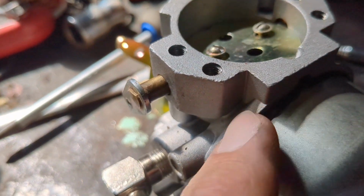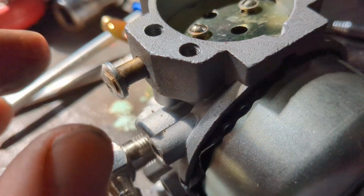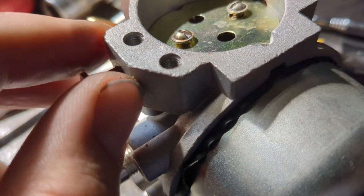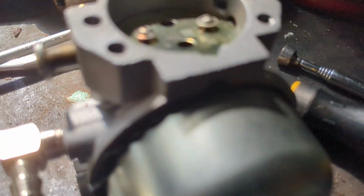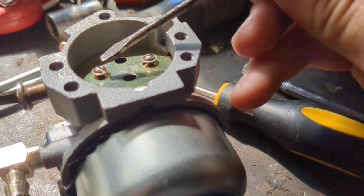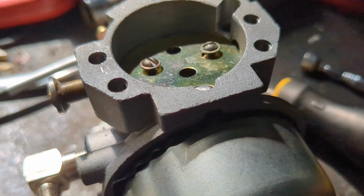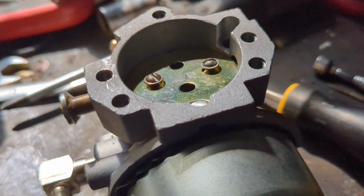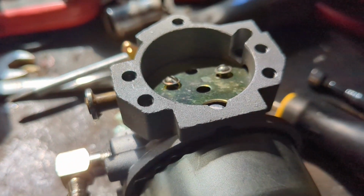So what I did was I set the ball bearing just right inside here. It didn't even have to go down the hole, and then I pushed this in until it was touching the ball bearing on this side, and then on the other side I just used a small screwdriver and pushed down on that ball bearing as I was pushing on this, just to get it to go in. Once it gets past that point, then you want to flip that over, like I said before,